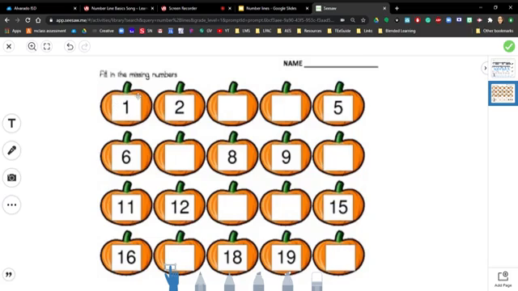So it starts with number 1, 2. What comes after 2? Well, 3 does. So I'm going to make sure to write the number 3. Then after that, we have 4. So I will make sure that I put number 4 on my very next pumpkin. Now you will do the rest of the numbers on this pumpkin's